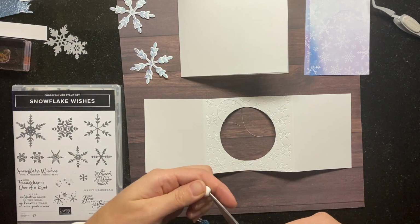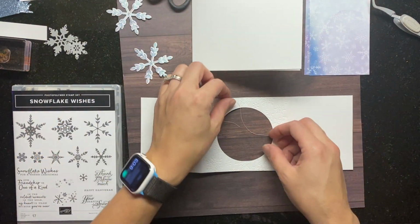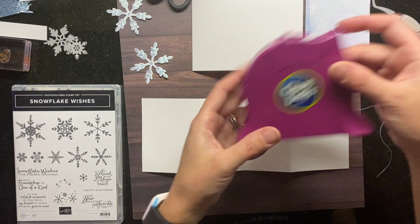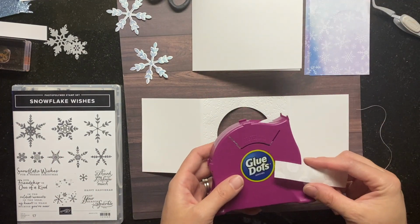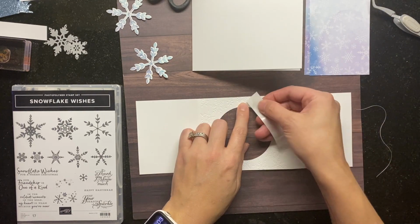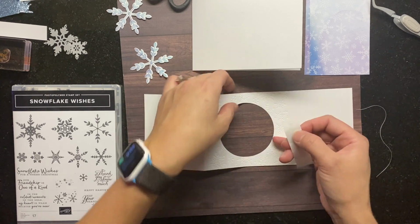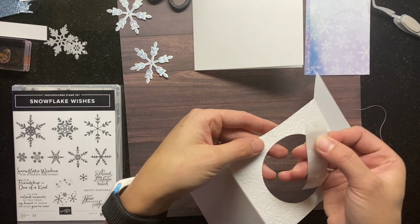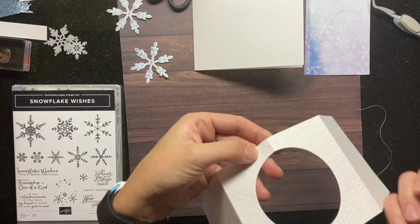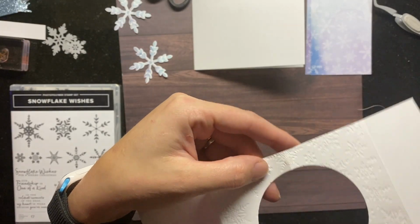This is just basic sewing thread. I'm using white. I know a lot of people for this spinner card technique use different kinds of thread or string here. I made it very simple for today's project. And now you should also have 4 glue dots in your kit as well. So the glue dots are key here. I think glue dots are very good adhesive. They're going to adhere to the thread, and it's going to help the thread not move, which is critical for